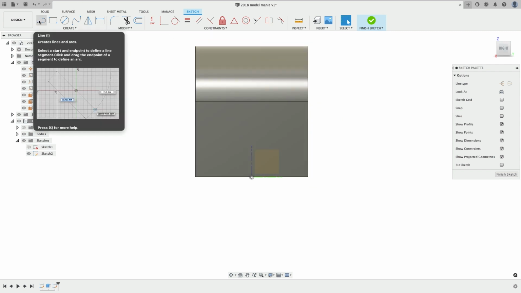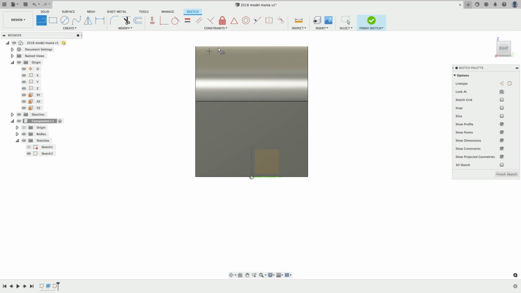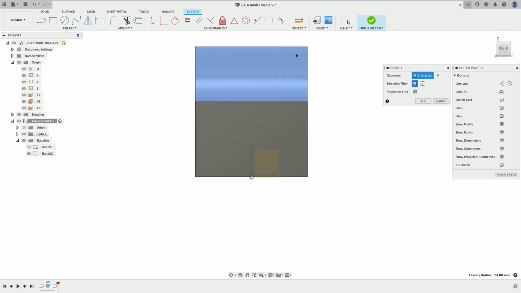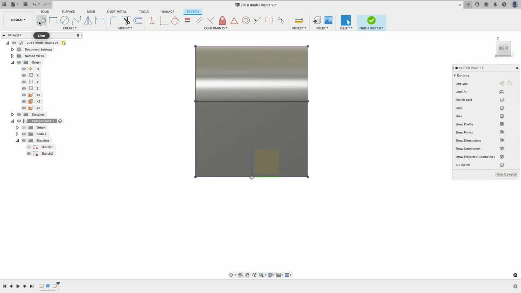And what I'm going to do is sketch starting with a kind of line to arc technique. Now, when Fusion doesn't wake up a reference edge or line, that's kind of normal for it not to. So what you have to use is project, P for project, and some different ways to get what you want. So you can try first the selection filter and the geometry, the edges. Like this edge will wake up. That's fine. But when this rounded edge doesn't, you need to choose the body and then select it. And look, now there's a line up there that's created, this kind of purple line,